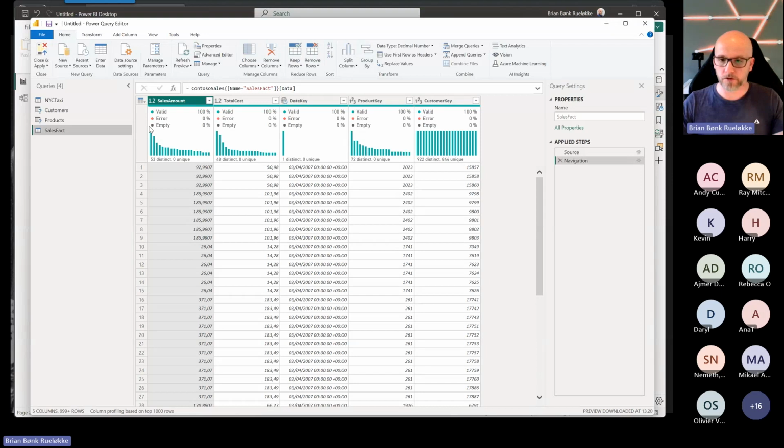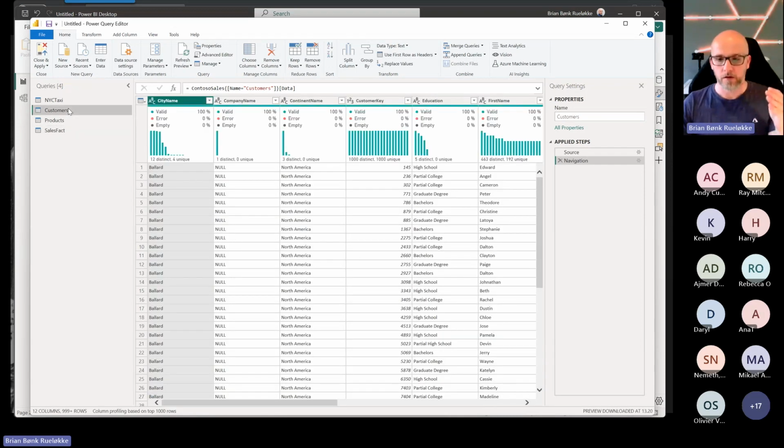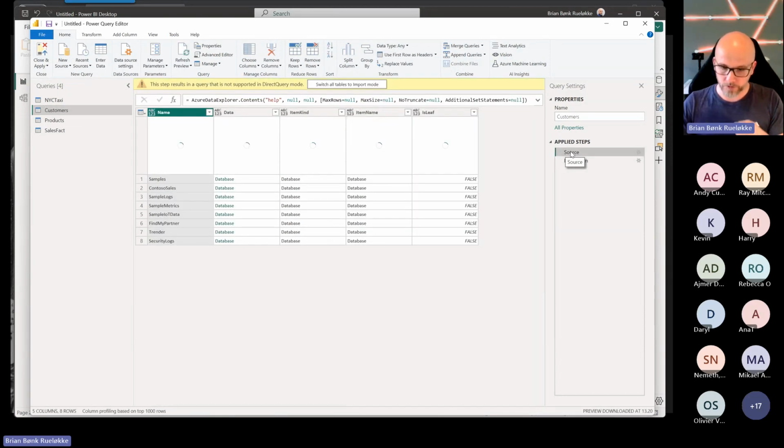From the slides, perhaps you remember it, you saw that I need to tag my dimensions as is dimension equal true. This helps Power BI know the sequence in which I need to select my tables. So the customers, and in this example, I'm choosing the customers table. In the source step,